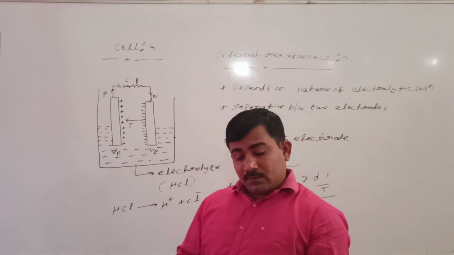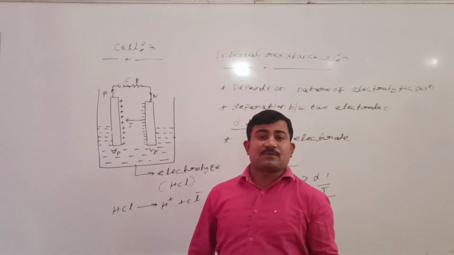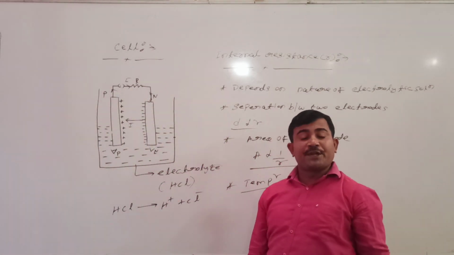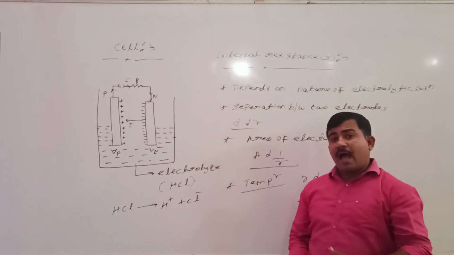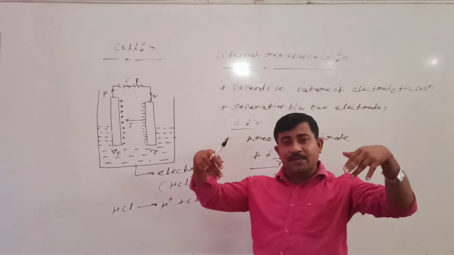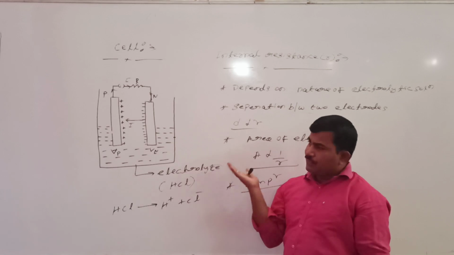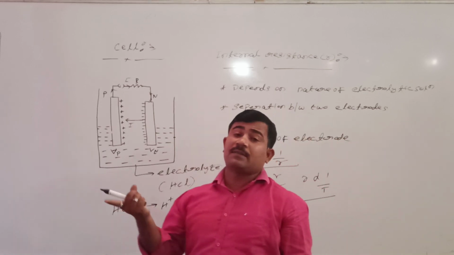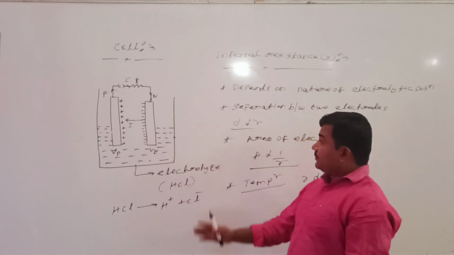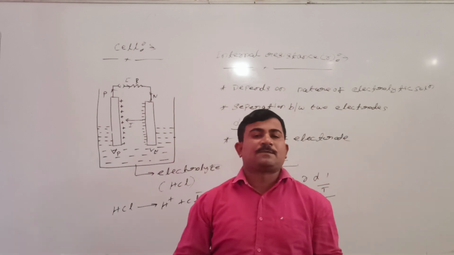The internal resistance of the cell also depends on a few other factors. If the cell is freshly prepared, it has low internal resistance. But as the usage of the cell goes on, the internal resistance of the cell will increase due to foreign ions. Usage of the cell increases the internal resistance as compared to a freshly prepared cell. These are the few factors on which the internal resistance of the cell depends.